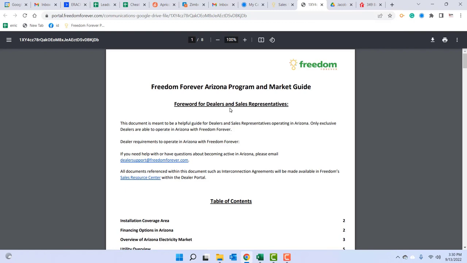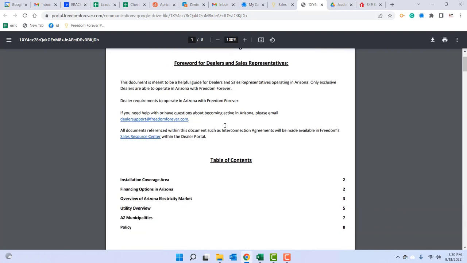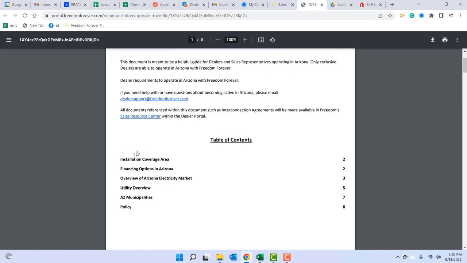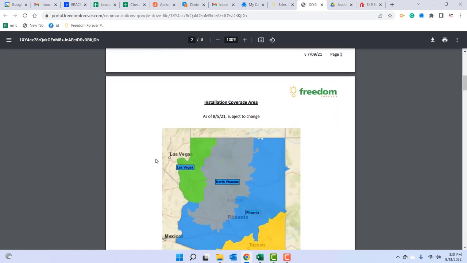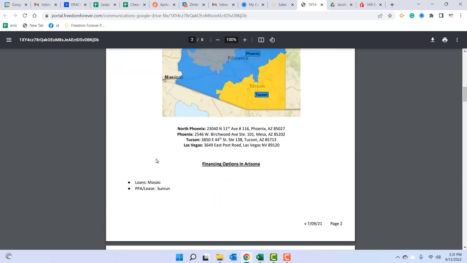And this is going to tell you a lot of really good information that you should know going in. Okay. Now I'm not going to go through every single bit of it, but you want to. The first time that you're doing a deal in a state, you want to read through this information. It's got installation coverage area, financing options, incentives in some cases, overview of the electricity market, overview of the different utilities, the larger utilities in the area, the municipalities, etc. So you want to go down and take a look at installation coverage,